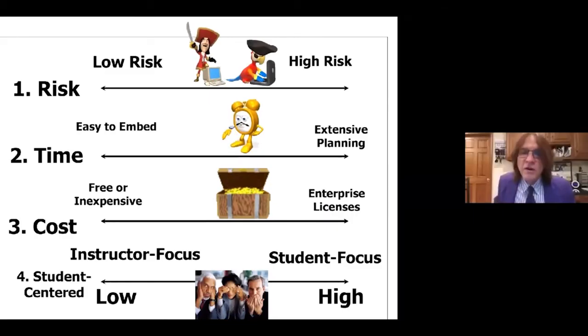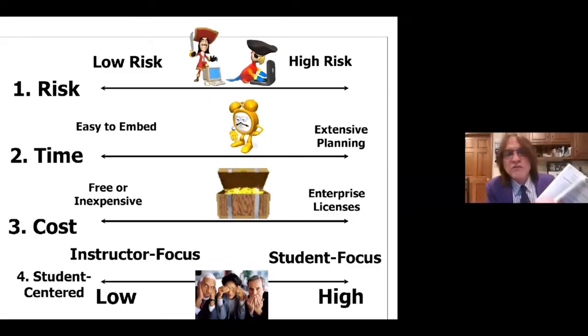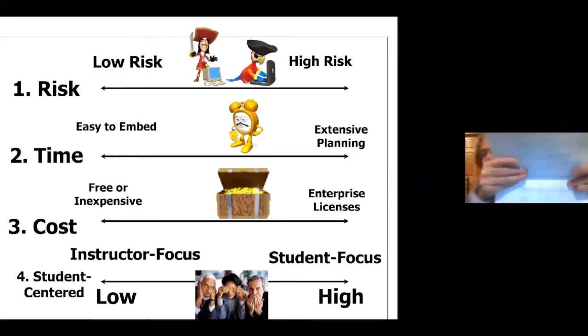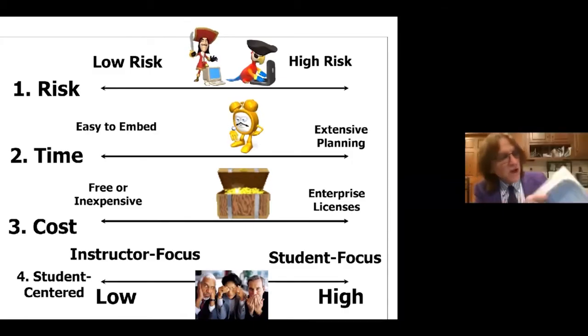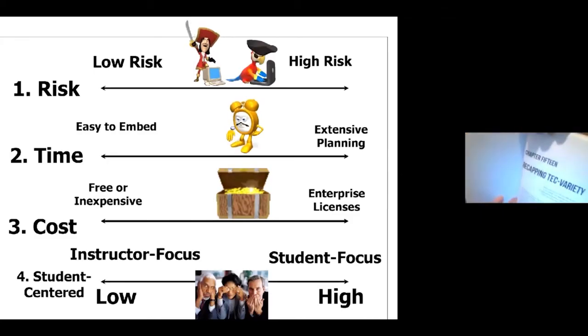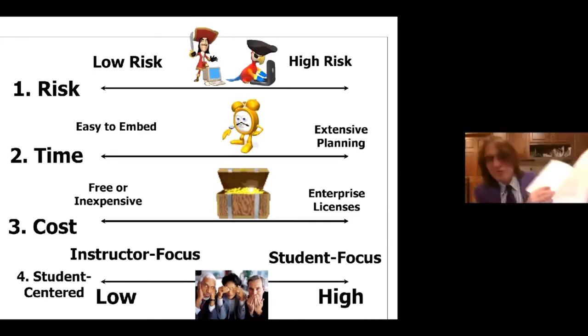So in the book, there's a table that lists the degree of time, risk, and cost. You want to find low risk, low cost, low time. It's in chapter 13 or 14 as well as chapter 1. I take that back. It's in chapter 15, I misspoke, and chapter 1.